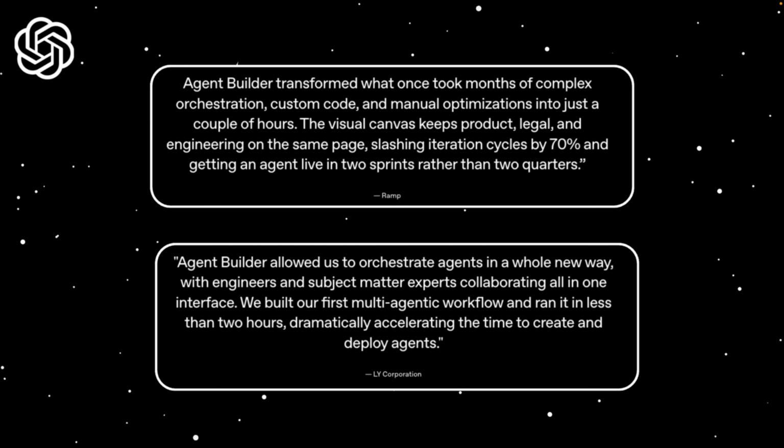The visual canvas keeps product, legal, and engineering on the same page, slashing iteration cycles by 70% and getting an agent live in 2 sprints rather than 2 quarters. So these are some huge results, and enterprises really value their time as well as transparency. By using something like the visual canvas, it keeps different departments on the same page, which is a huge